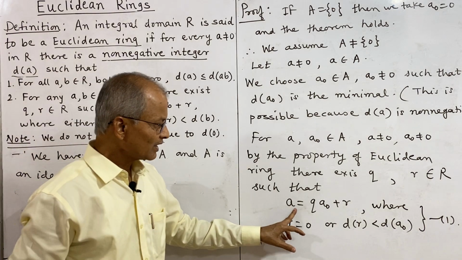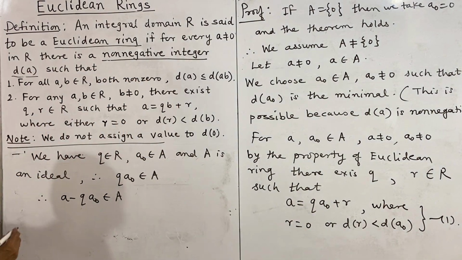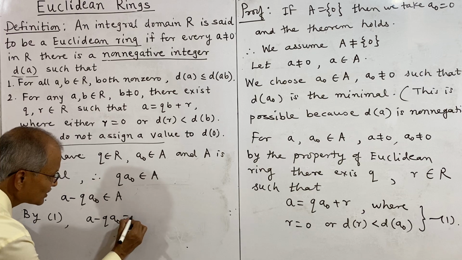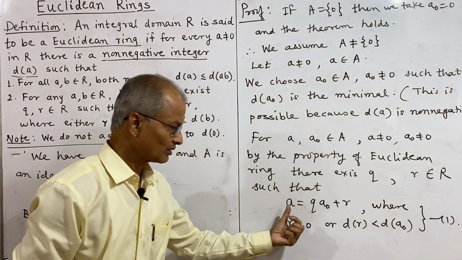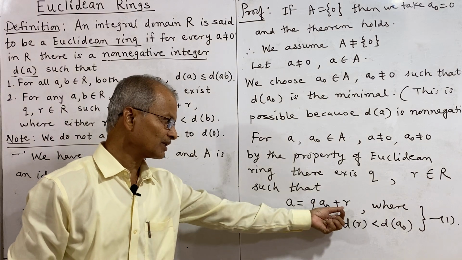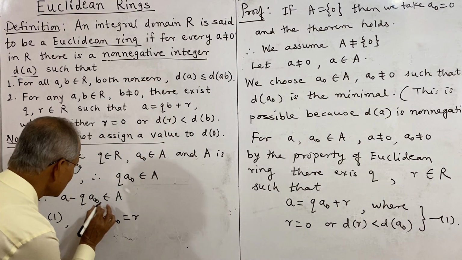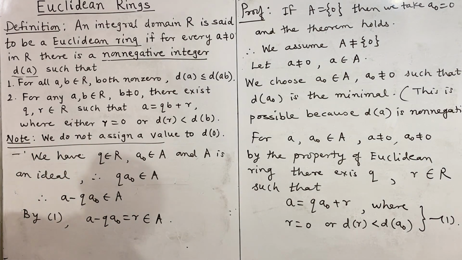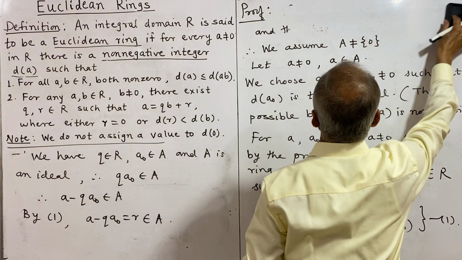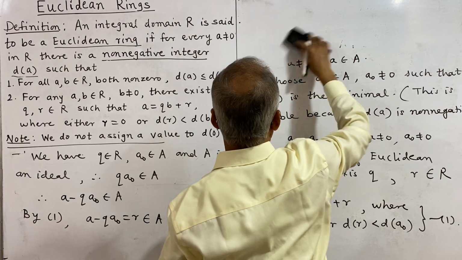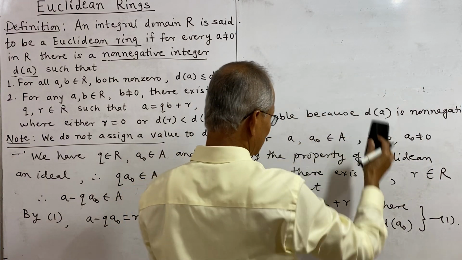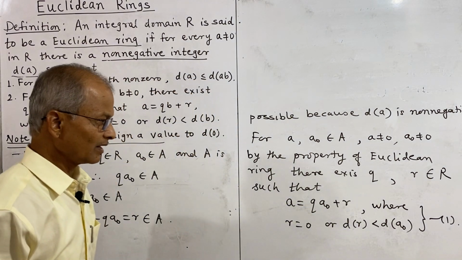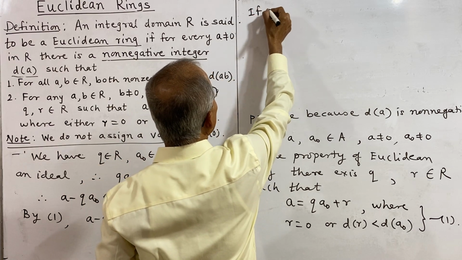But by 1, what is a minus q into a0? Taking this element to the left side, a minus q into a0 is r, and because this belongs to A, it states r belongs to A. Now see, if r is not equal to 0, then what will happen? There are two possibilities for r, either r is equal to 0 or d of r is less than d of a0. Now if r is not equal to 0,